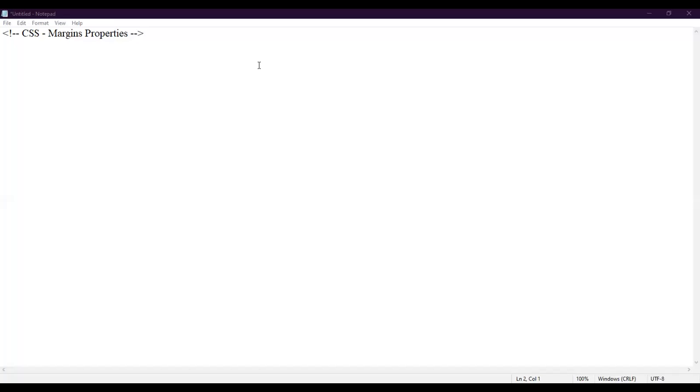So good morning to every student, and we are doing our chapter number 2. As you all know, that is about Cascading Style Sheets. In the earlier classes we had done the border and background properties of CSS, and now it's time to understand CSS margin properties. As its name suggests, margin properties let you create space